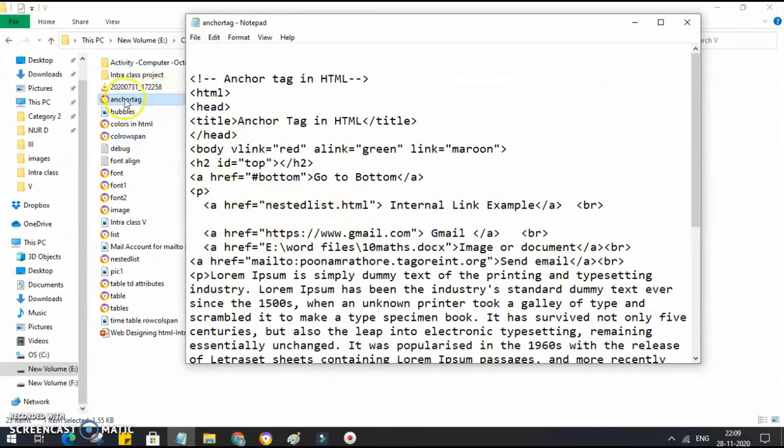They are in the same folder. Anchor tag right now I'm using, and you can see nested list is also in the same folder. So if you keep them in the same folder, you just have to write the name of that particular web page. You don't have to write C or D disk or that folder and that folder, right? And then internal link example, which is appearing over here.